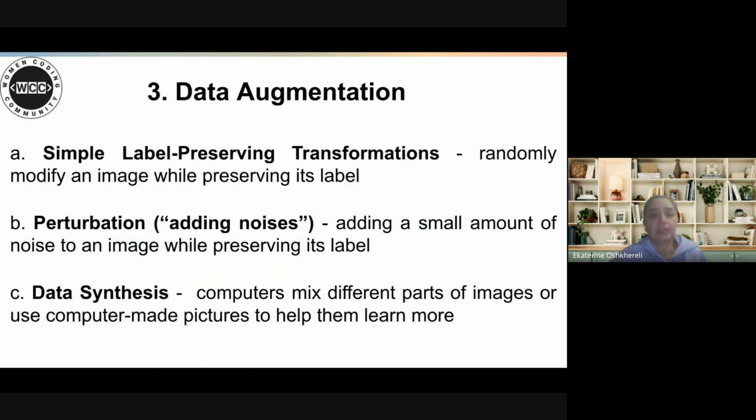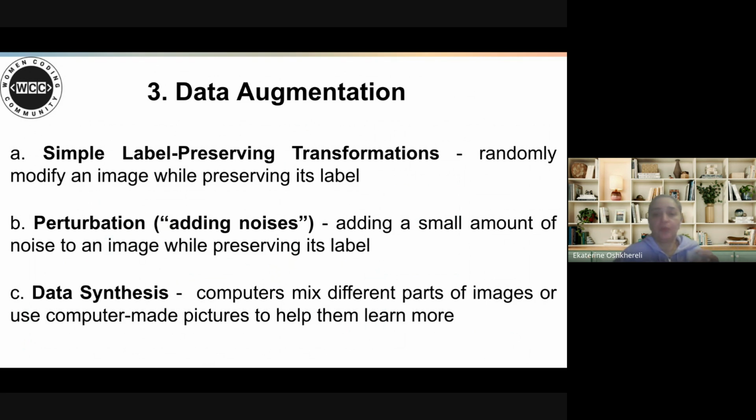And what is data augmentation? Data augmentation is more used in deep learning or neural networks when we have very small data sets. In this case, we do simple label-preserving transformations, which means that we randomly modify an image while preserving its label.